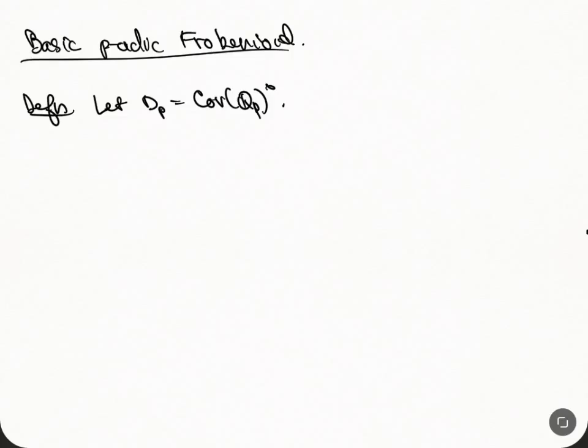And then we're going to let F_p. Okay, so then here's the definition. The basic p-adic Frobenioid is equal to, well, I'm going to give it the name F_p. And this is going to be the Frobenioid. It's the model Frobenioid associated to